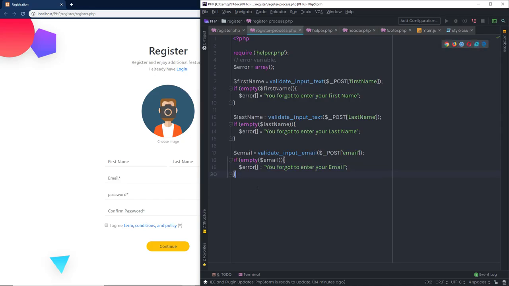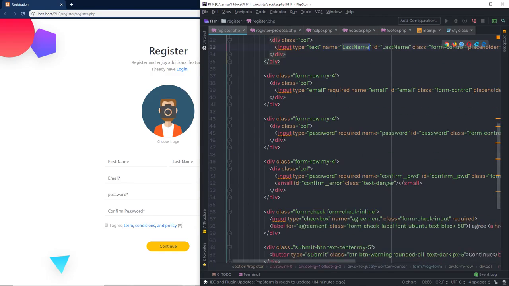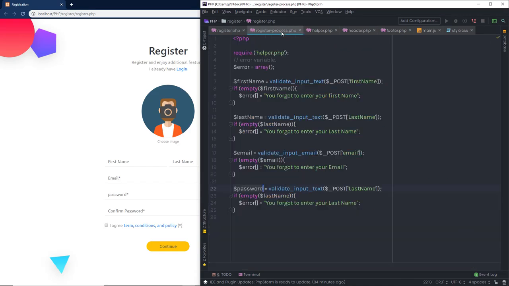Just after that, I'm going to just sanitize this password. So I'm going to just copy this last name code, paste it down here, and I'm going to say here password. I'm going to create a variable password, and as you know, for this input text box for this password, I used name password. So I'm going to use this in this post. So I'm going to say here password, then I'm going to say here password. So I'm going to copy this variable, paste it here, and I'm going to say you forgot to enter